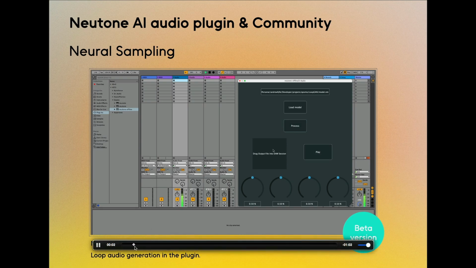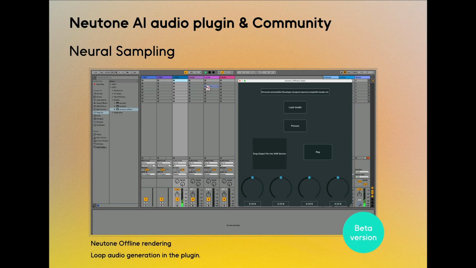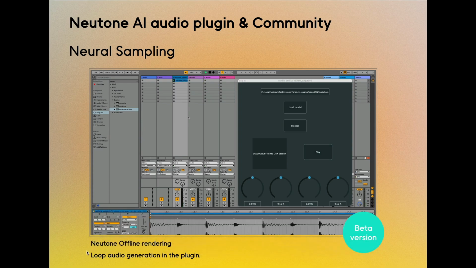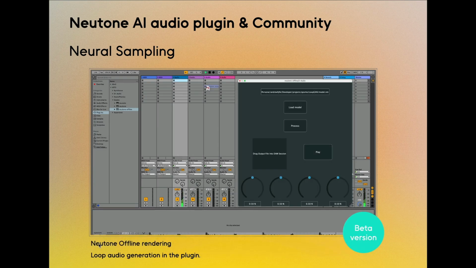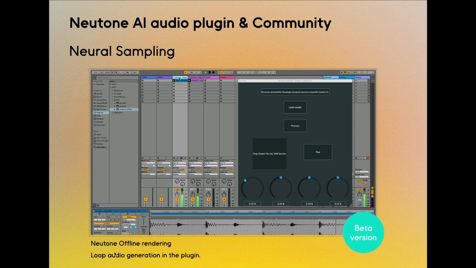so we have been working on the offline rendering mode. So now my loop gun is integrated into the Neutone plugin, so you can generate a bunch of loops on the Neutone plugin and on your digital audio workstation. Yeah, Andrew did a great job implementing this offline rendering and loop gun, and we have another